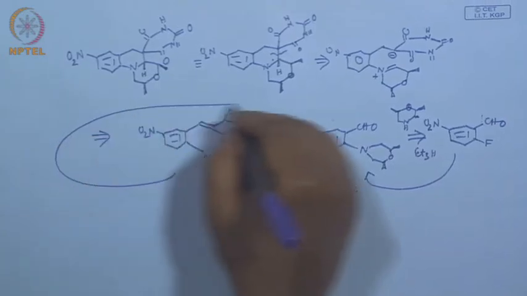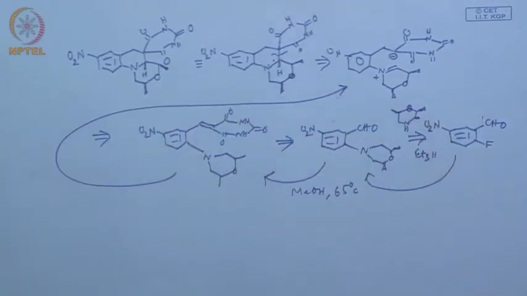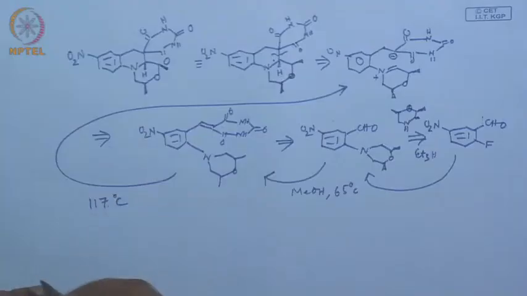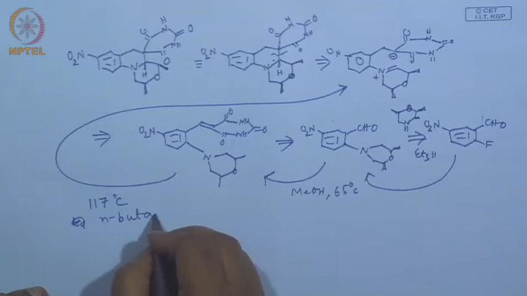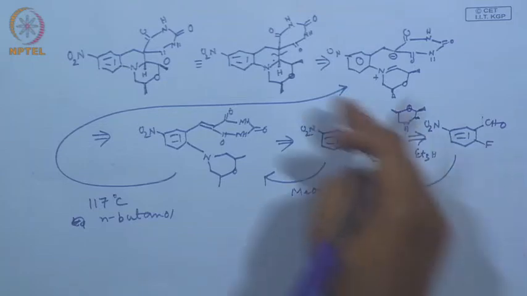That means, you have to go to the tertiary amino effect reaction. There is one person who has said that the reaction should be known as tertiary amino effect reaction. Well, it sounds odd, but okay. Basically, you have to now do the ring closing reaction. What is the reaction condition? The popular reaction condition is again, I think from the temperature we can make out 117 degree, so it is butanol, n-butanol. Okay. So, then you get to this product,